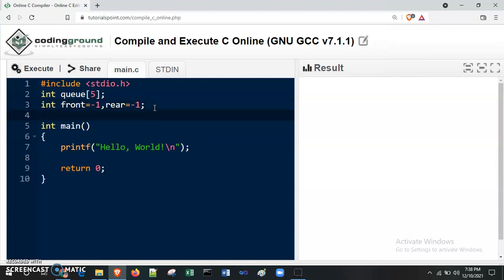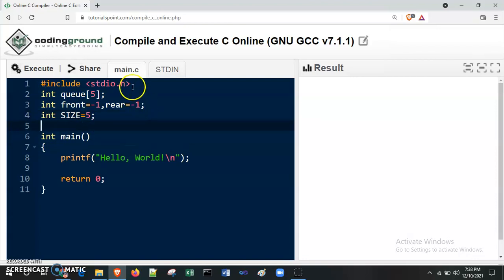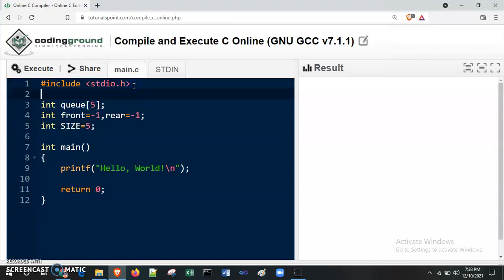So here I am also declaring one size variable, which is 5, or we may also define here size like this, and instead of using constant we may use size here.